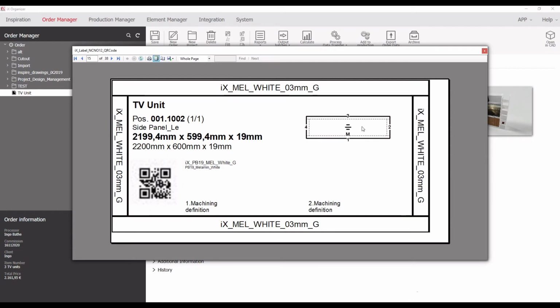Then also we will see the grain direction and also the barcode number, which is the same as the CNC file number. If I open this 1002 from the database and scan the barcode, it automatically opens the CNC file which belongs to this label. I click on it, I open the barcode, and the barcode leads me to the CNC file, and automatically it will open the